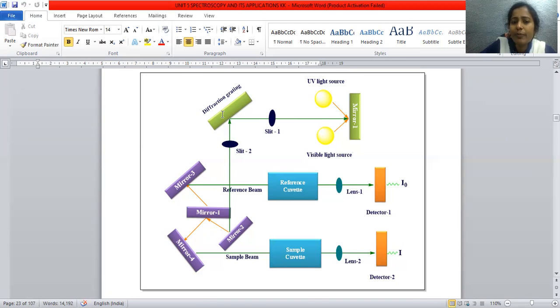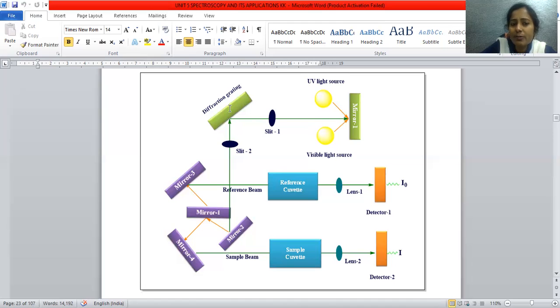Another component present in this UV visible spectrophotometer is the diffraction grating, also known as the monochromator. The monochromator is the device used to convert polydispersed light into monodispersed light. Polydispersed light is light moving in all possible directions.